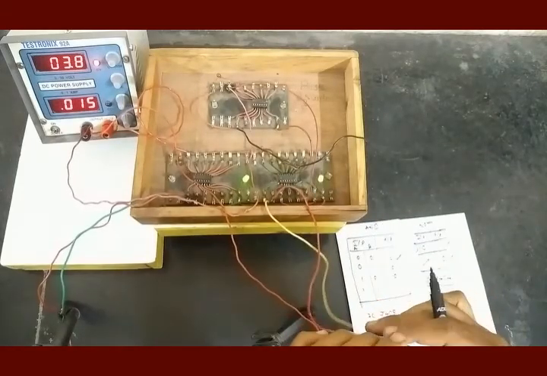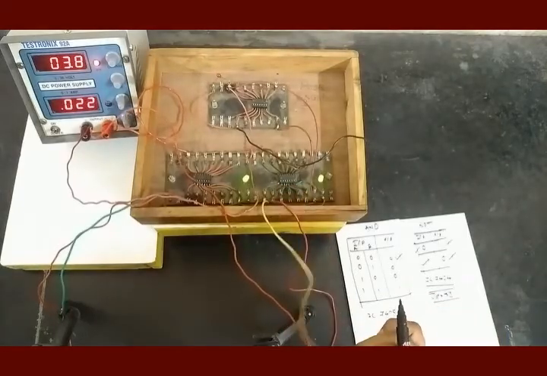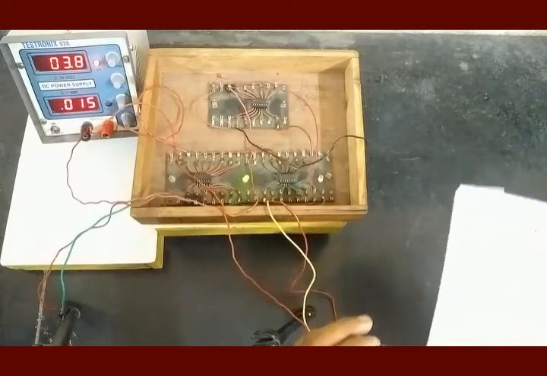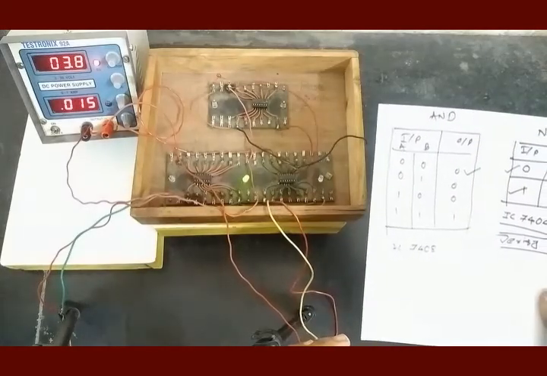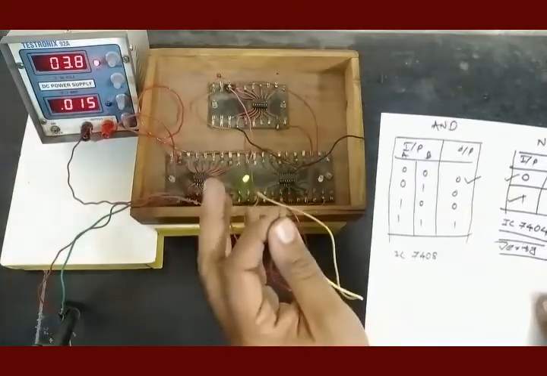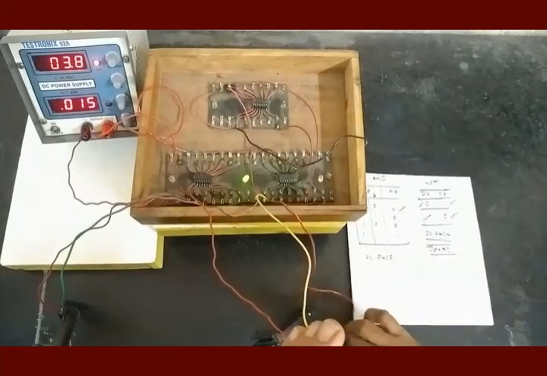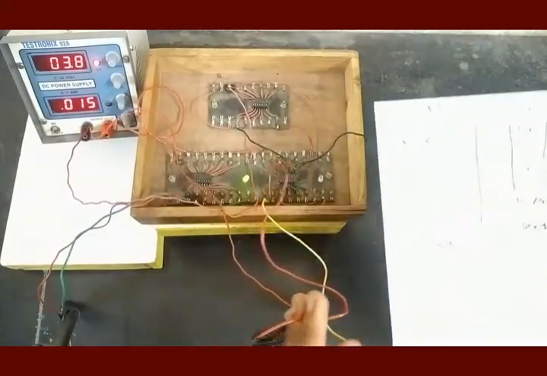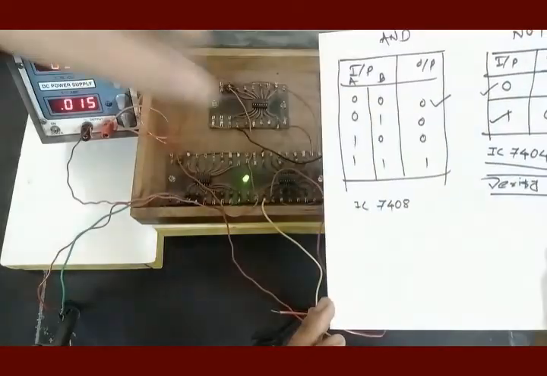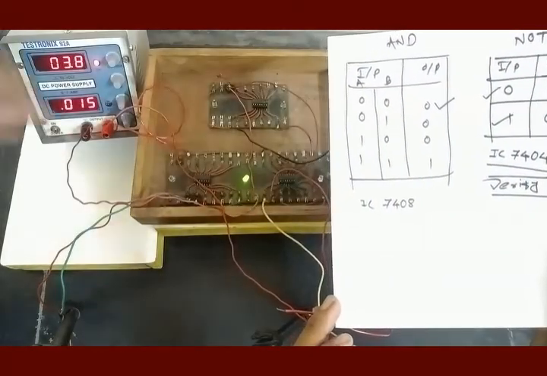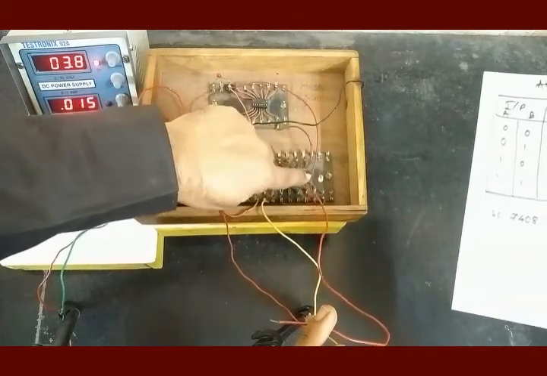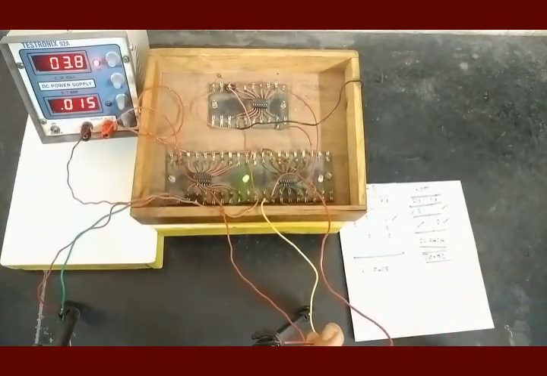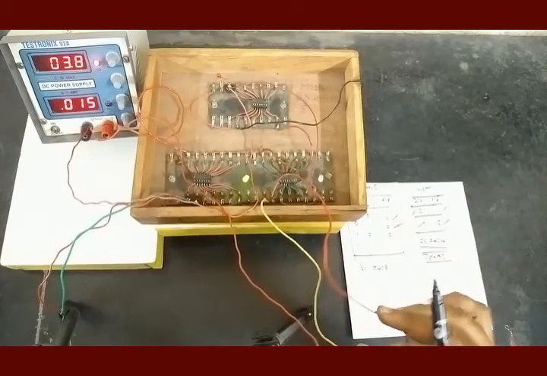Let us go for the second condition. Here what we have to do? We have to keep A 0, B 1. To keep A 0, we have to connect the ground wire to the A input, and keep B open. So this condition will be equivalent to A is equal to 0, B is equal to 1. And what is the output? Output is still 0, and if you look into the circuit, you will find that this output is still 0 here.